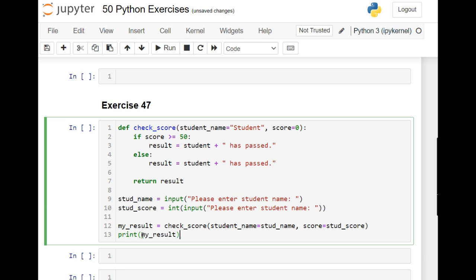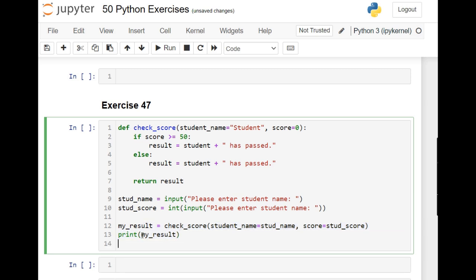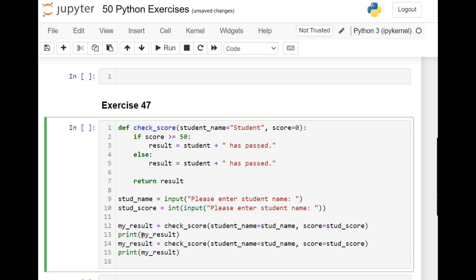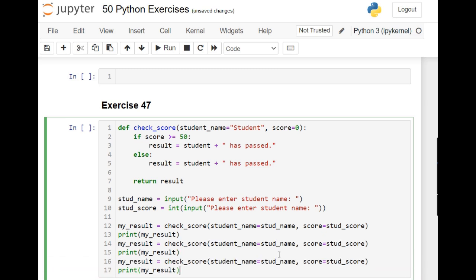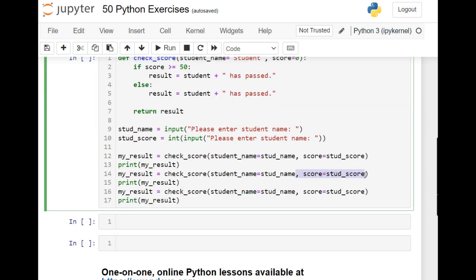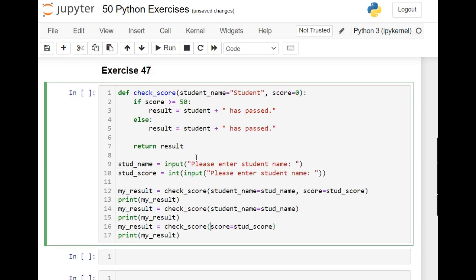And we do this 3 times: one time with both, another time with the student name only, and another time with the score only. Okay, so if we run this,